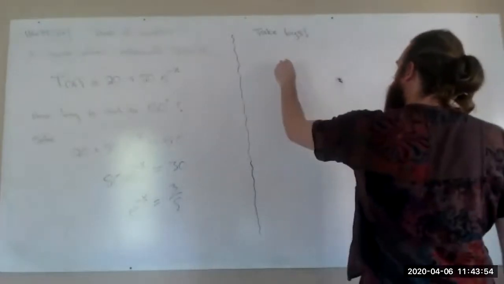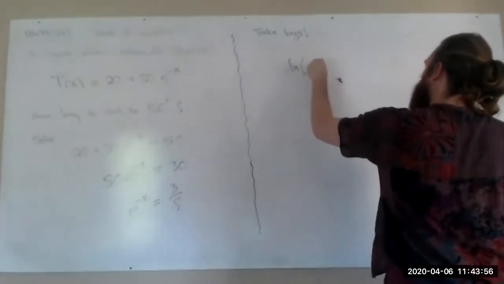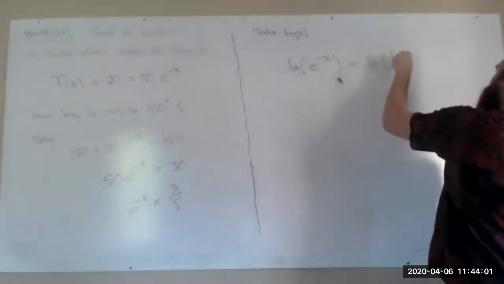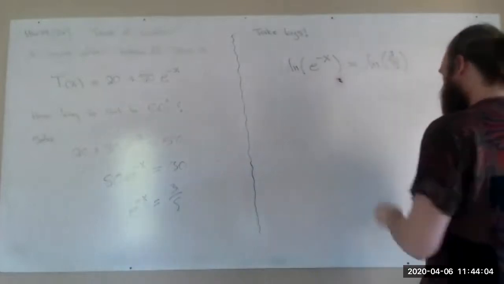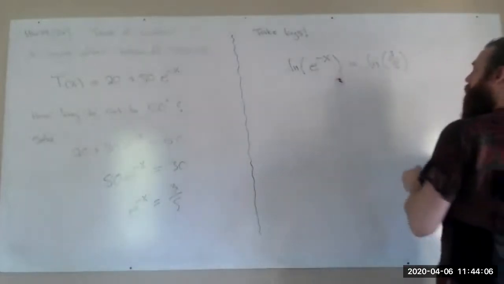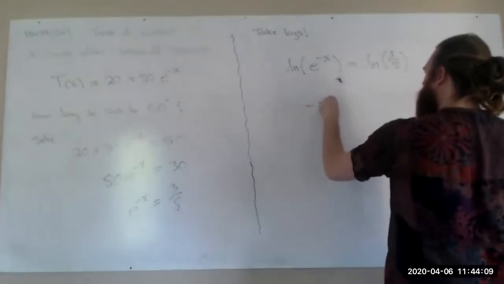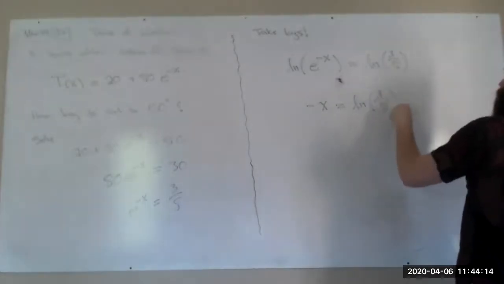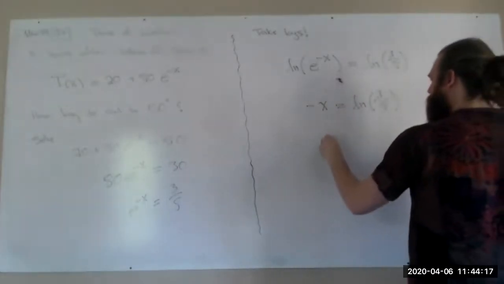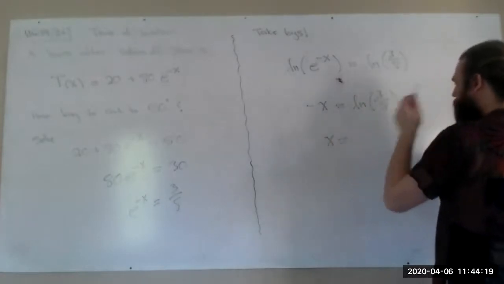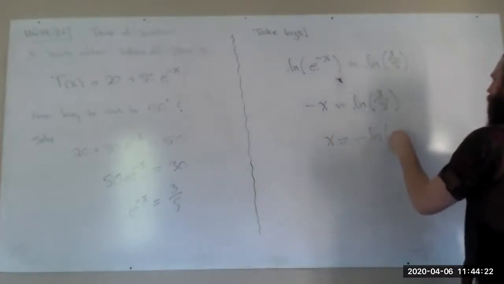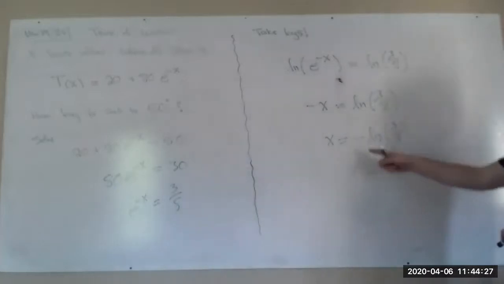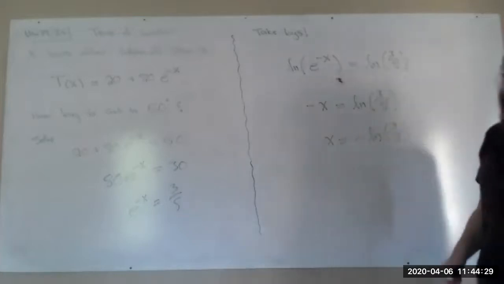So from here, I get the ln of e to the negative x equals the ln of 3/8. The ln of e to the negative x is just negative x. And now I divide both sides by -1, which is the same as multiplying by -1. So here's my answer. This is my exact answer in terms of logarithms, but I don't have a feel for